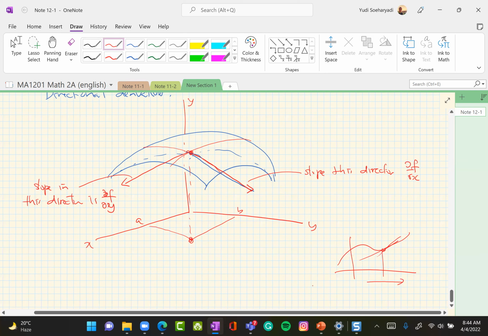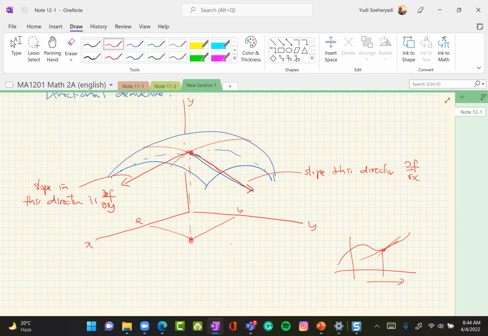So there's only one way, from left to right or from right to left, either way. But when you're standing on a side of a mountain, then